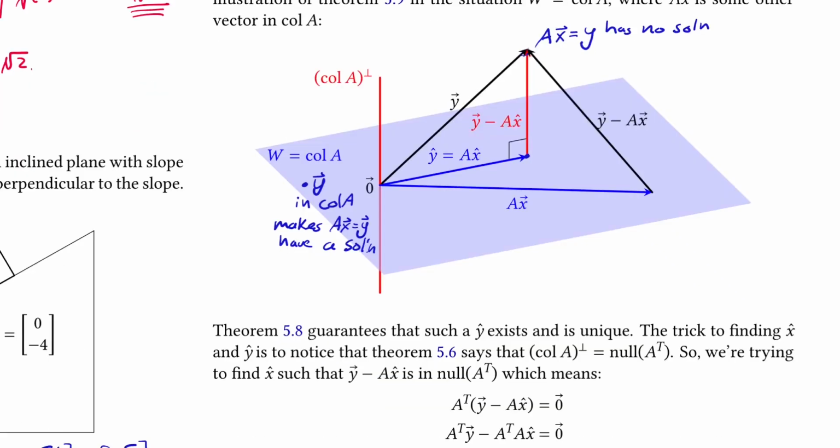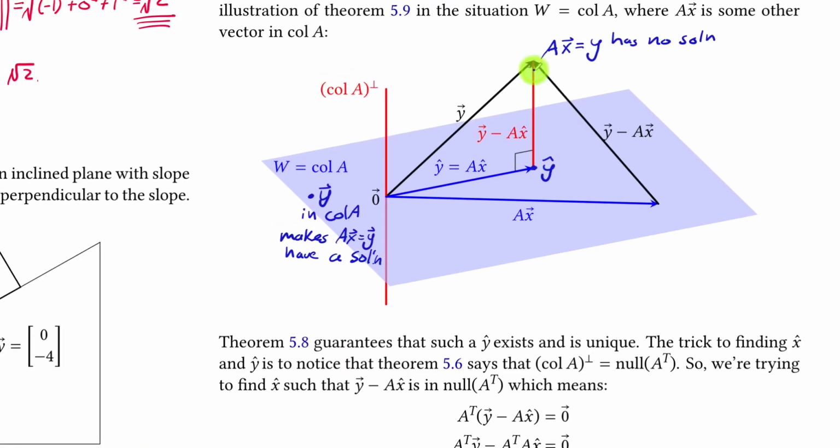Now, we know from theorem 5.8, which says projections exist and they're unique, that there is a y hat point here that makes it so y minus y hat, which is y minus A x hat, is orthogonal to W. Now the trick to finding the least squares solution, the scalars you multiply the columns of A by in order to get to this point as close as possible, is to use theorem 5.6,